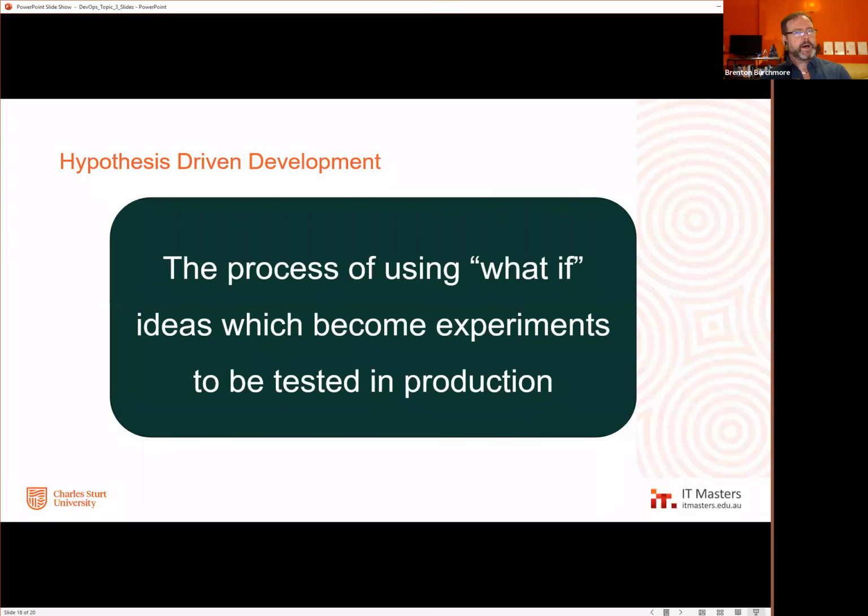I want to talk about hypothesis-driven development, because it's the last piece of the puzzle when it comes to feedback, in particular for the developers. What we're talking about now is devs getting feedback not from operations, not from the systems directly, but getting feedback on value, how the users use it, how is this stuff leveraged? What this is tackling from a DevOps point of view, to make a contrast, in historical olden days, you'd build something and you'd build it and you'd build it and you'd build it.